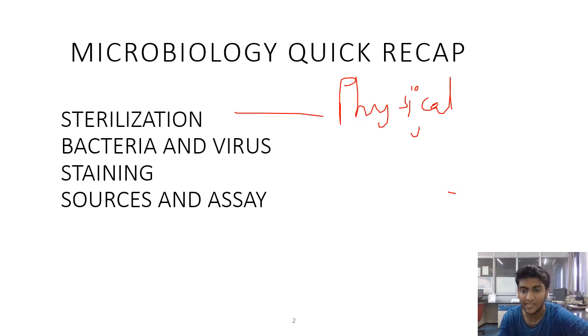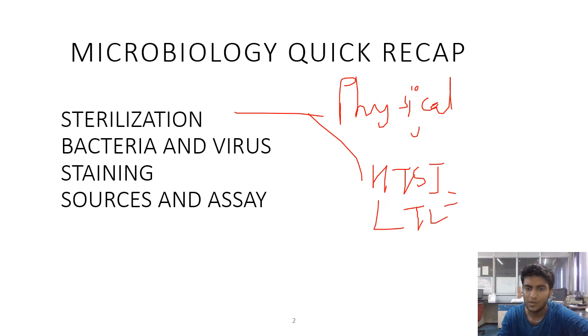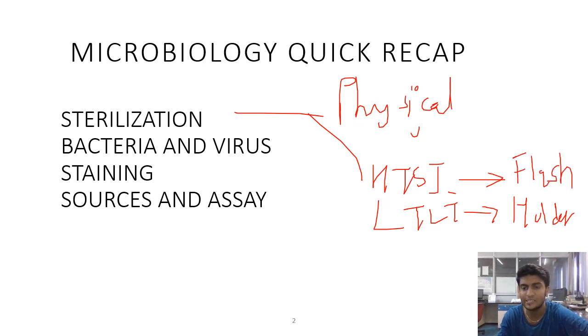Then you need to know about pasteurization, which is carried out of two types: high temperature short term (HTST), and low temperature long term. The low temperature long term is also called as Holder method, while high temperature short term is called as flash method. So it is carried out very fast. Flash is carried out at 72 degrees Celsius for 15 seconds, while Holder is carried out at 62.8 degrees Celsius